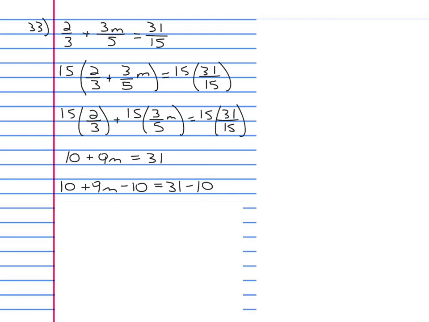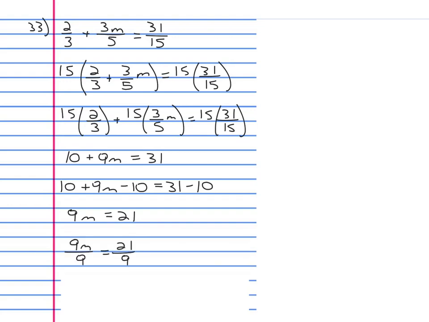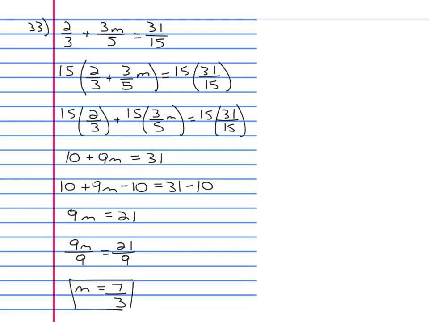Now we're combining like terms. Remember, the whole point of this minus 10 is to undo the 10, so those go away, leaving you just 9m, and these combine to be 21. So we get 9m equals 21. What's happening to the variable finally is it's being multiplied by 9, and so we undo that by dividing by 9 on both sides. This becomes 1m, or just m, and this can be simplified top and bottom by dividing by 3. 21 divided by 3 is 7. 9 divided by 3 is 3. And we are left with m equals